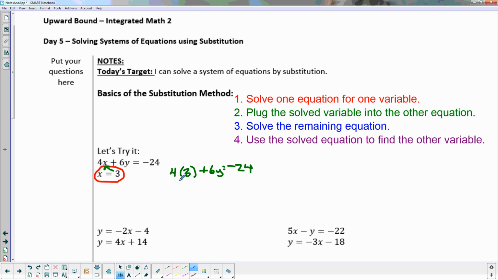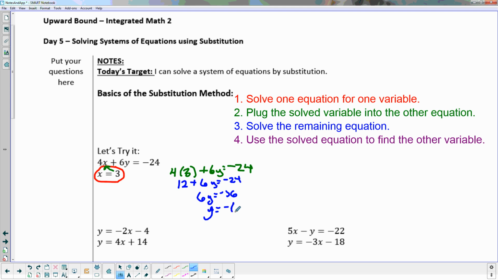So I want to solve this equation, so I get 12 plus 6y equals negative 24. And we'll subtract 12 from both sides. That's going to give me negative 36. And dividing by 6, I'm going to get that y